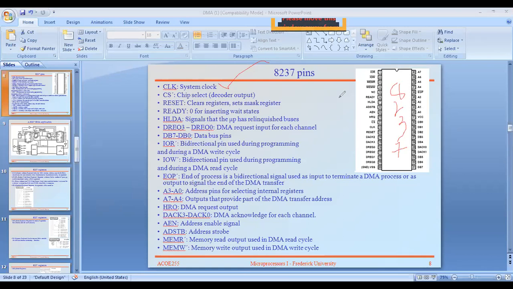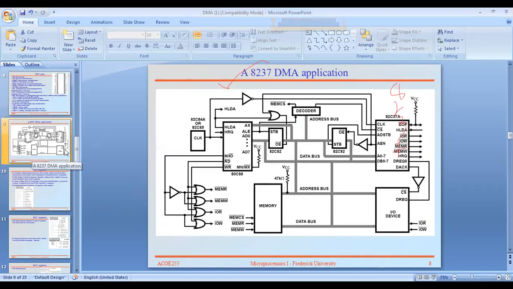See here, what is the basic block diagram of DMA? This is the basic block diagram of DMA. Already I told you in yesterday's class, they consider 8088 instead of 8086. This is the 8088, and this is the 8237 or 8257 DMA controller.